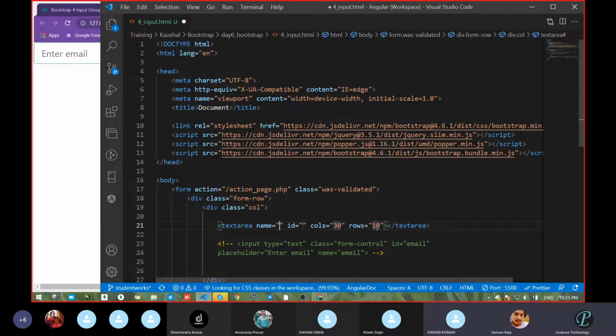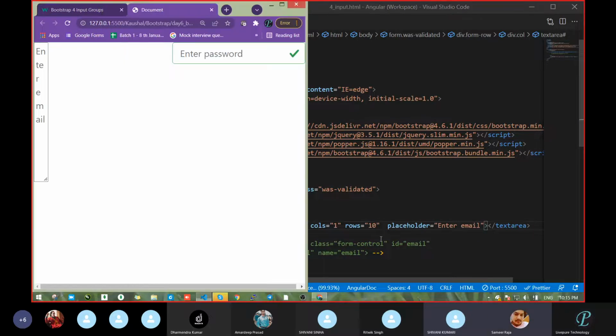Okay. So now what I am going to do, same thing, placeholder, whatever was written, but now I am taking, just one second. Instead of text, you are going to take text area. Yes. Take rows 10.